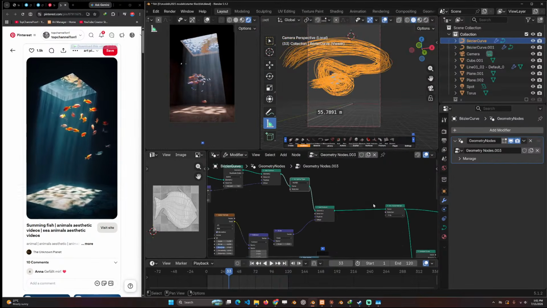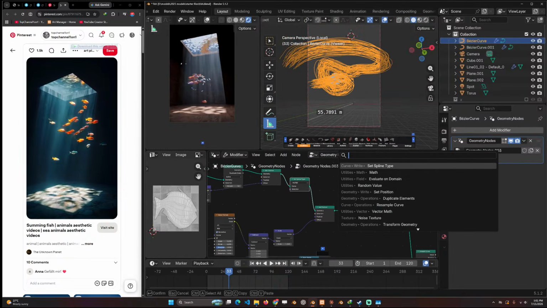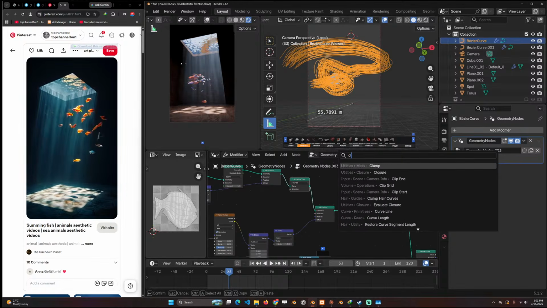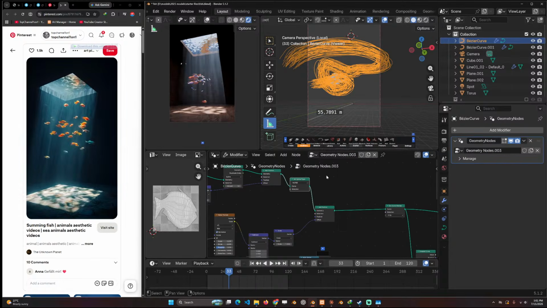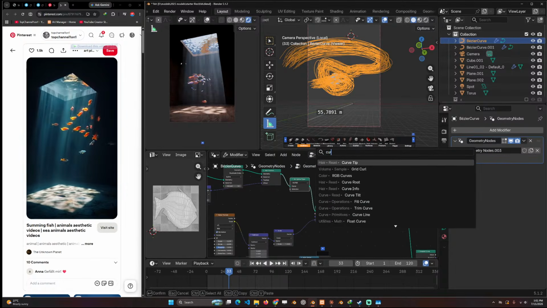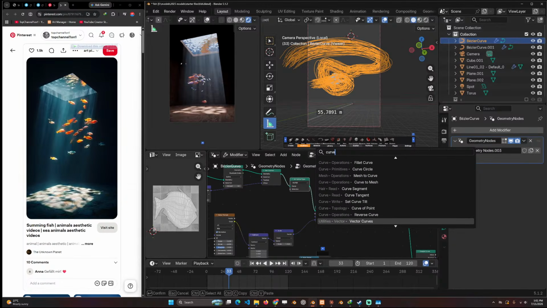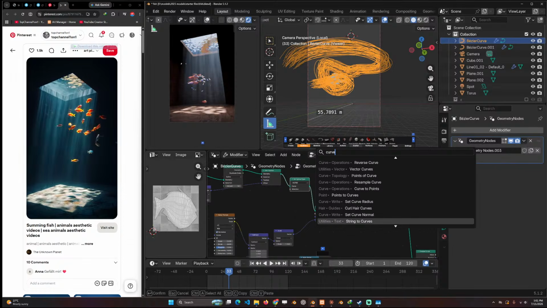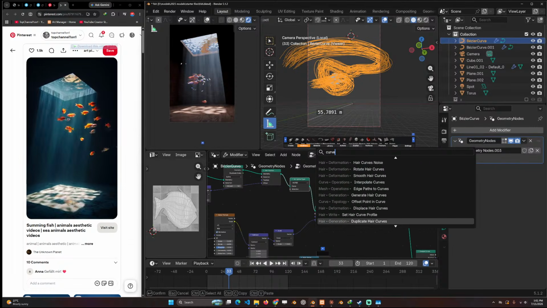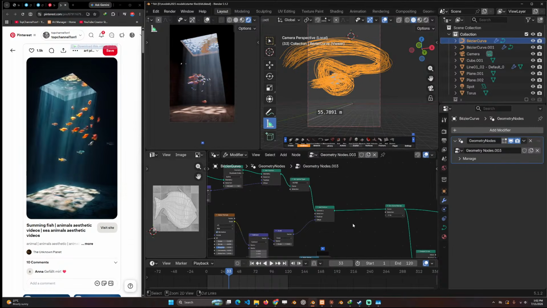Can I close the curve? Can I close the curve? I don't remember the node, but